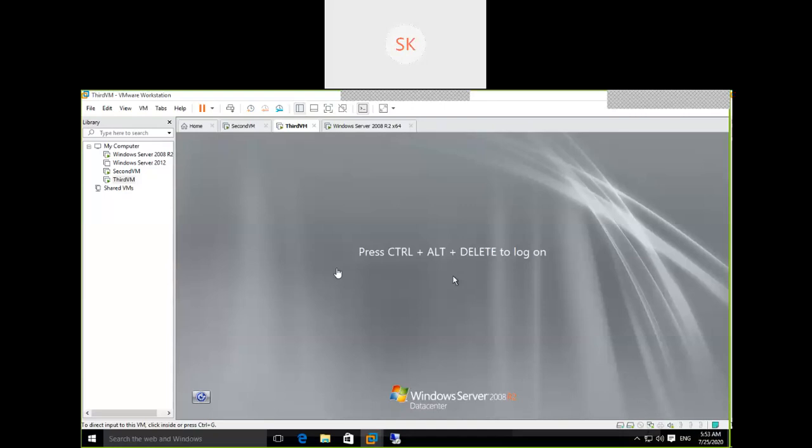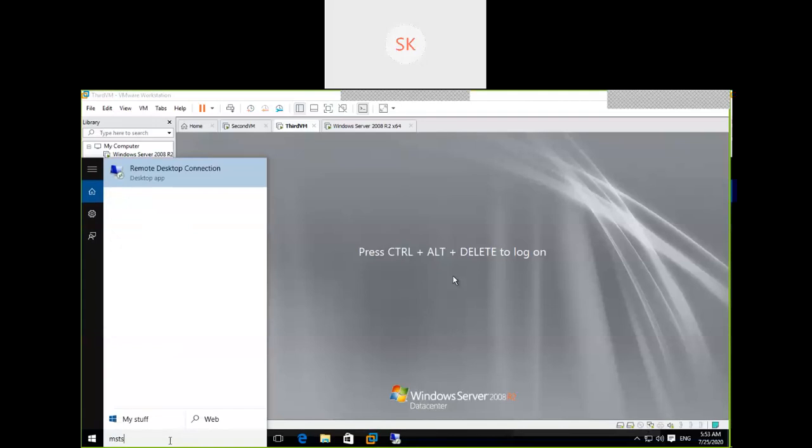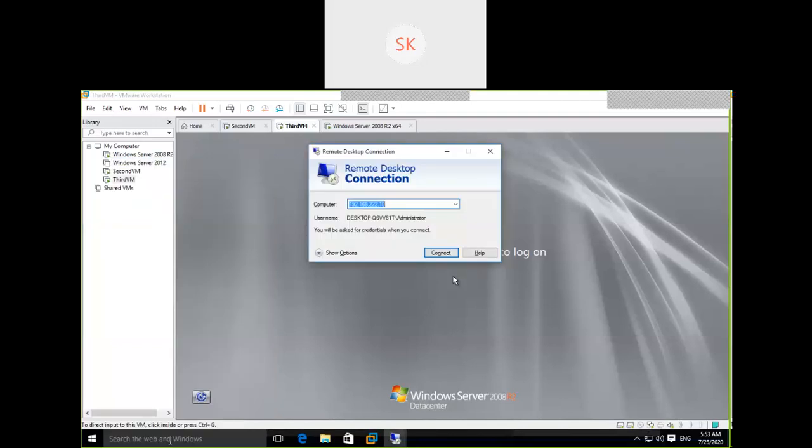Just see what is there. Connect to RDP. Can I go back to the RDP session?